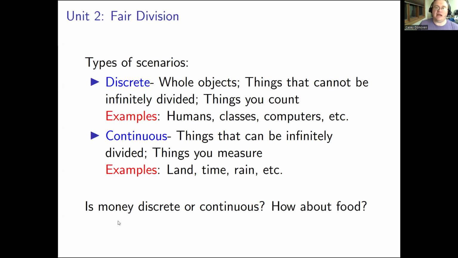So for instance, if I'm talking about money, is money something that comes in whole objects that can't be divided up? Or is money something that is continuous that I could divide up however I want? And the answer is, it depends. For money,